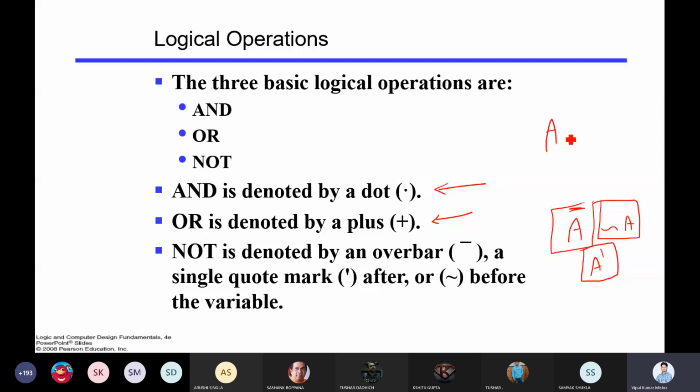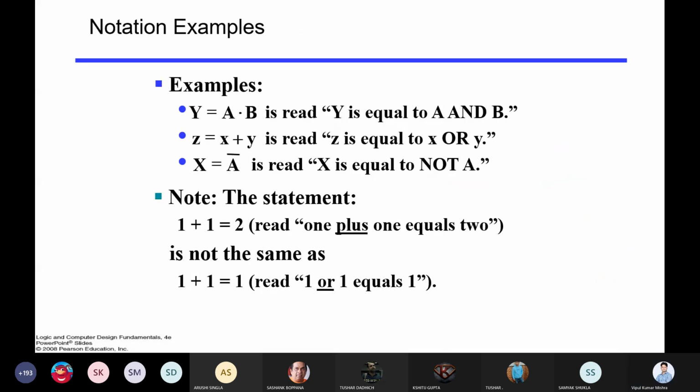Suppose we have to perform AND, you say A dot B. If you want to perform OR operation, you say A plus B. So if you say Y equals A dot B, you are talking about AND. If you say Z equals X plus Y, you are talking about the OR gate.